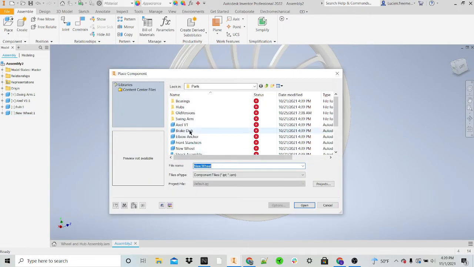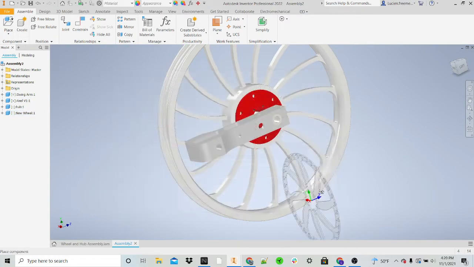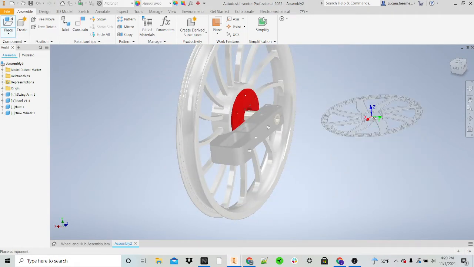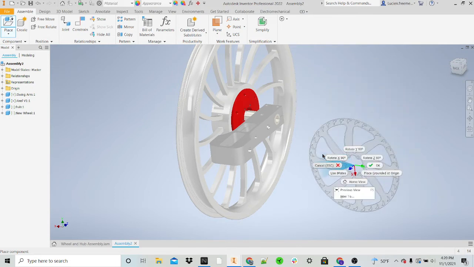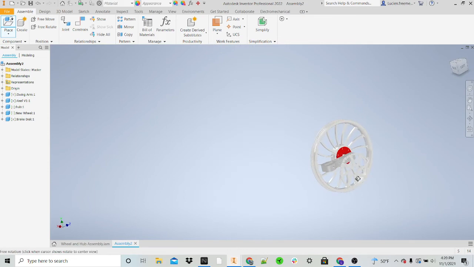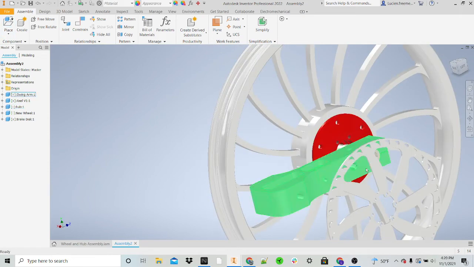So we have the brake disc right here, open. Is it along the right orientation? Not quite. Wrong axis. Again, wrong axis. Try our luck one more time. There it is. Perfect. So now you can see on the other side of the hub where this is actually